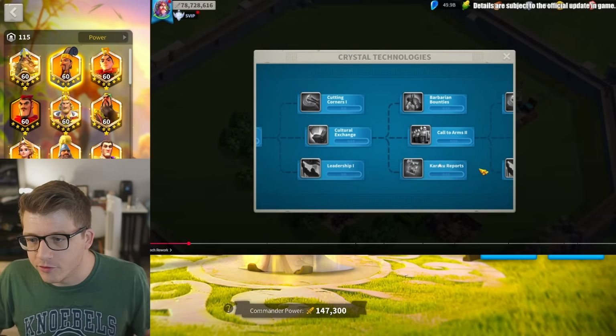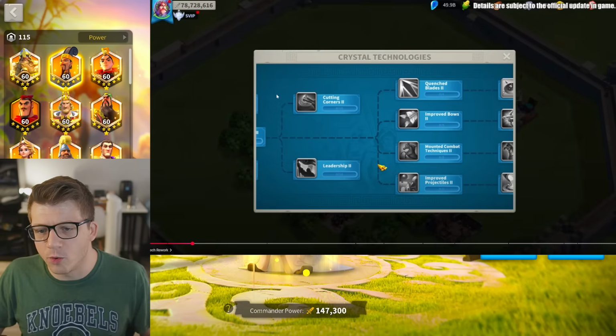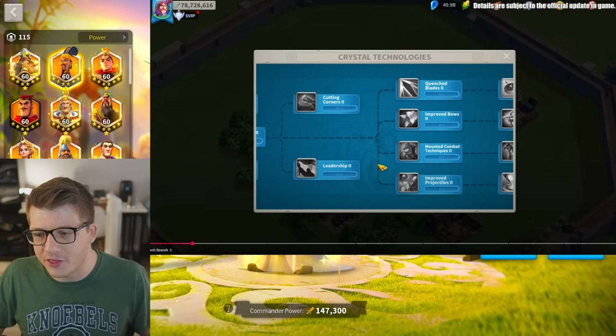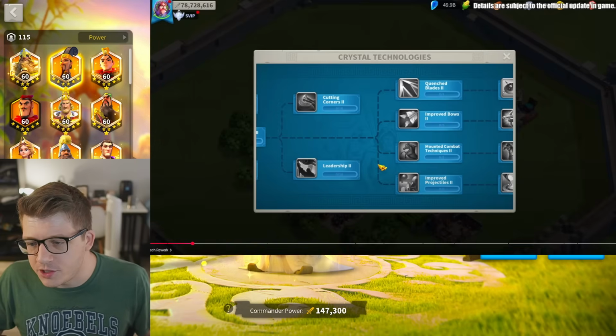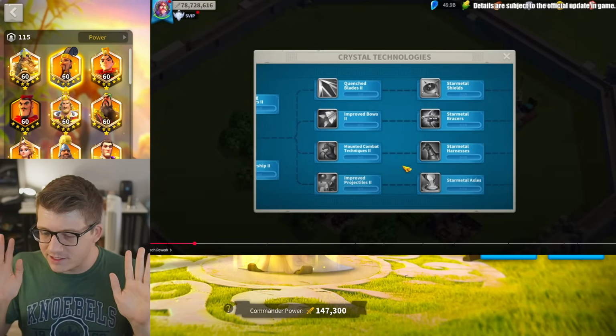Here we have Karaku Reports and Barbarian Bounties. I think they changed the names of some of these, like Cutting Corners. I don't know if that's ever been a thing, so who knows. We have Leadership 2. Here we have Quenched Blades 2, and this is where things start to get a little bit,